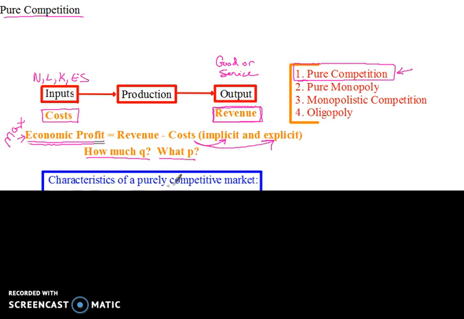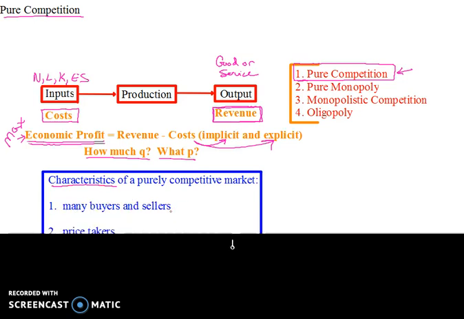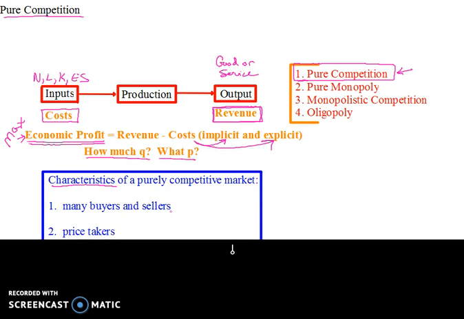To identify a purely competitive market, how do we know that we're in one? We need to know what the characteristics are. So the first characteristic of a purely competitive market is that there are many buyers and sellers. I don't know how many, but a lot. Many buyers and sellers, and all these sellers are producing goods and competing with each other to sell those products to the many buyers